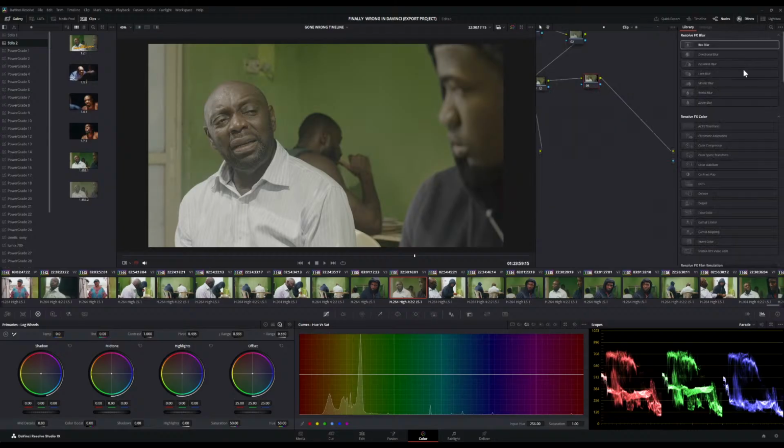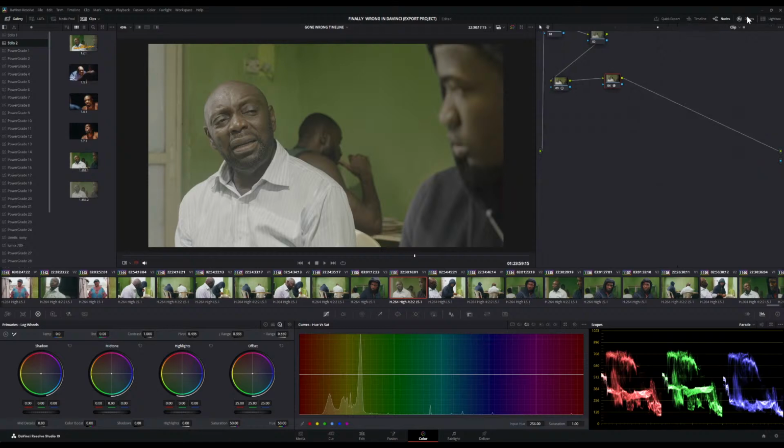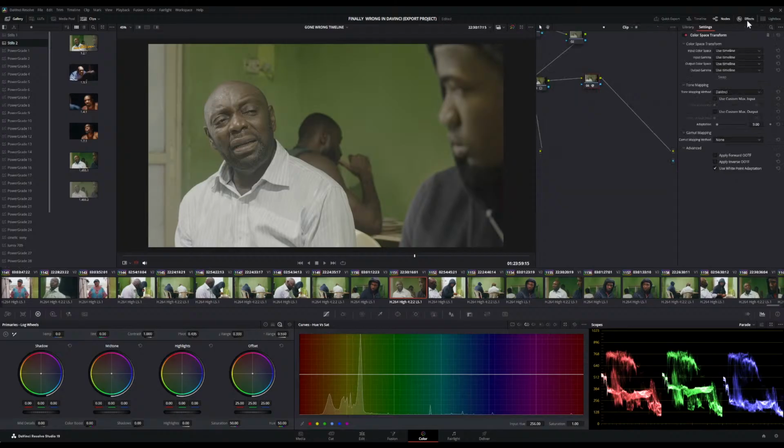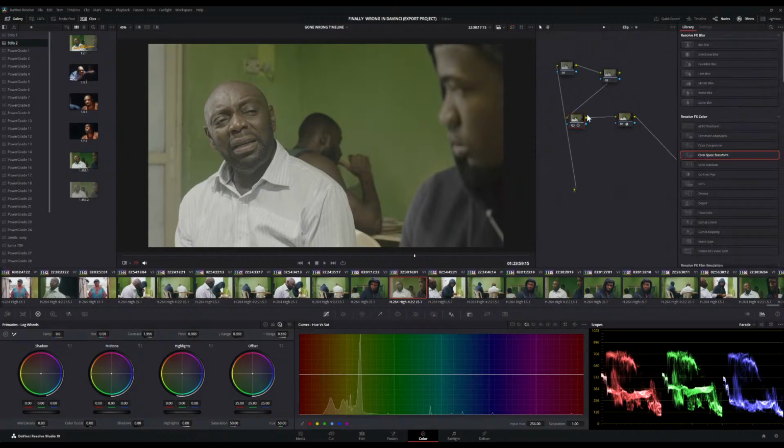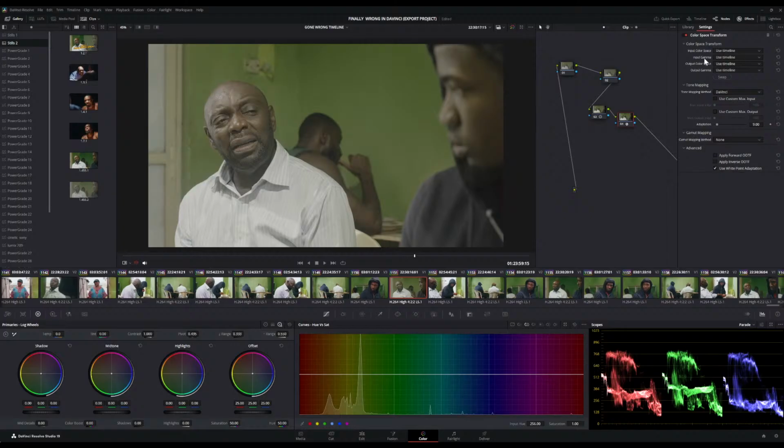So I'm going to use this node to do my CST, color space transform. I'll be doing a special video specifically on this CST. So CST is just like a color space that you use in converting your S-Log or any of your log footage. So I'll look for the camera which was shot in S-Log 3. Then look for